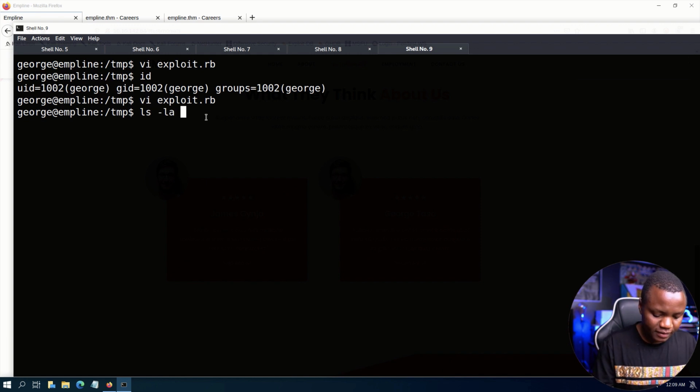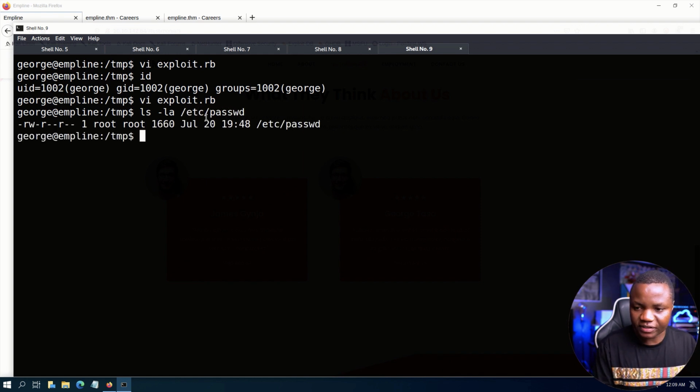-la /etc/passwd. See what our permissions there are. It's owned by root. We can only read it. We want to be able to write to it. So let's now run our exploit.rb